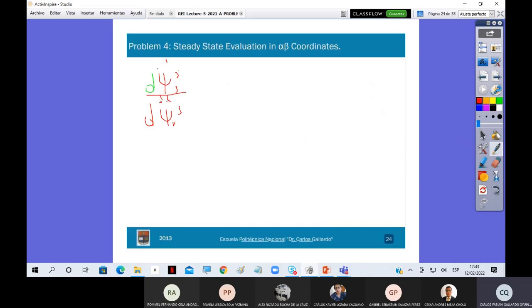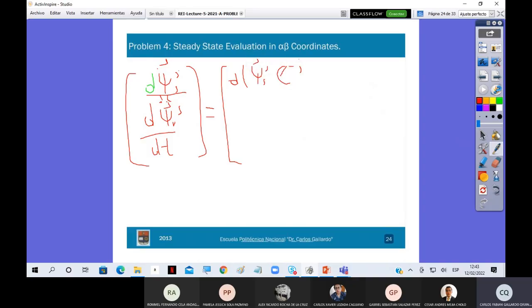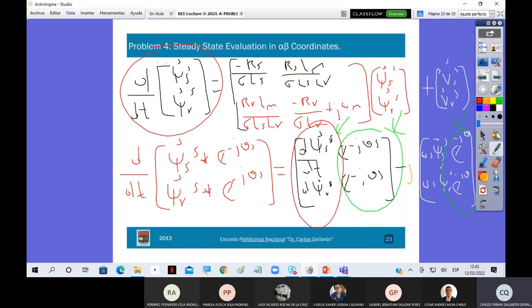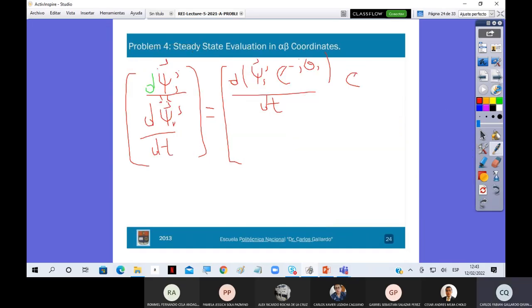This is the derivative, right? And this is the derivative too. Okay, this is a space vector, this is a space vector. So this is equal to, I will have the derivative of the stator flux space vector times e to the power of j theta s. This is the derivative times, from the right side, taking out this common factor, this term to the left side, I will have positive theta s. This is my first term.